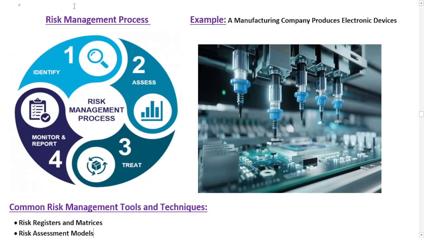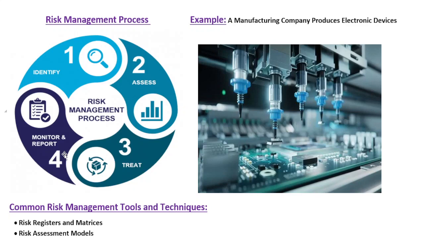So after understanding the importance of risk management, now we will discuss the risk management process. Basically, risk management is an ongoing process, as you can see in this illustration, where we need to firstly identify all the possible risk. Then we have to assess those identified risk in order to check their impact and consequences. Then after assessing the potential risk, we have to create best practices and strategies to mitigate that particular risk. And in the fourth step, we need to continuously review and monitor the effectiveness of control measures that we have applied to manage our identified risk.